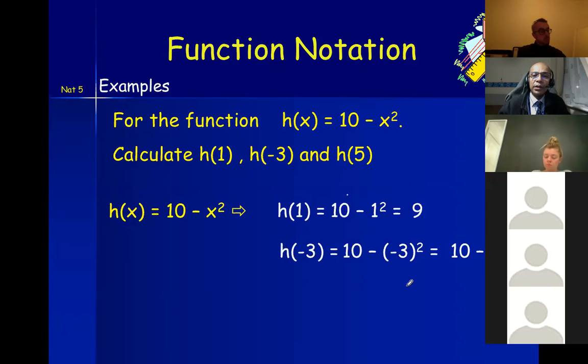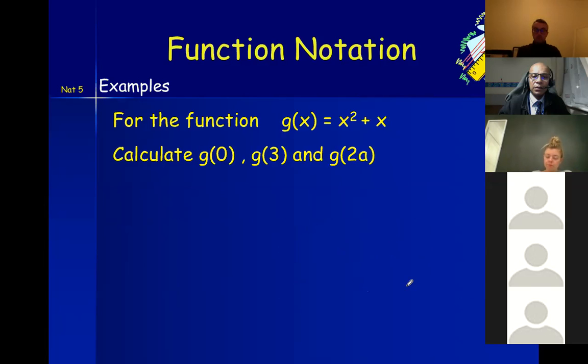And the last one, 5 times 5 is 25. 10 minus 25? Minus 15. Yeah, minus 15. Easy enough, yeah? So now for the function x squared plus x, we've been asked to calculate g of